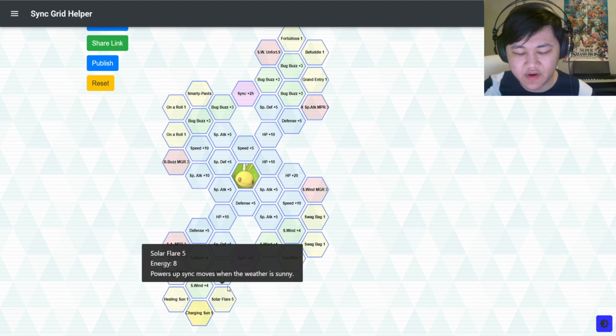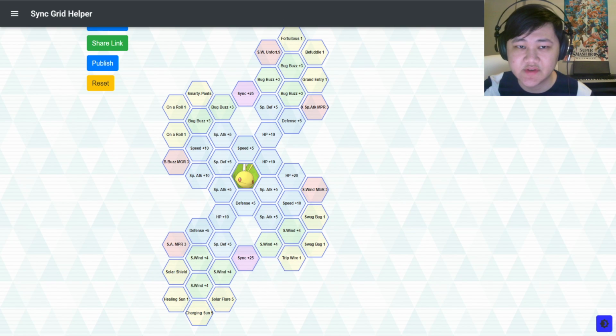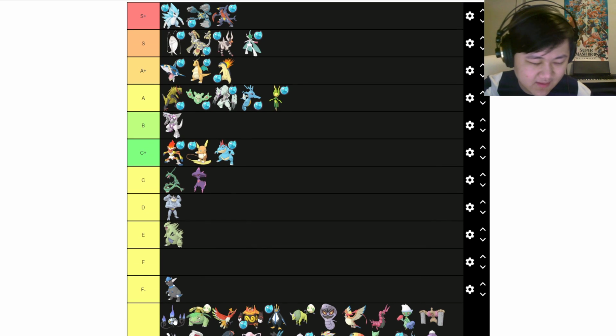And if you run Berg and Sun, which you can, right? Solar Flare, Charging Sun, although the team comp could be kind of weird, but obviously that's very powerful as well. Moving on, Chantal,